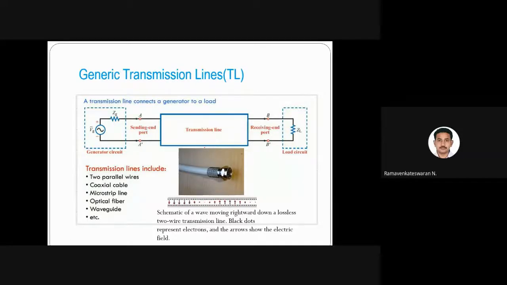So what we'll do is take this transmission line and start applying the equations. I suggest that if you have paper, you write it down, or if you're able to follow by listening and seeing, that is also fine. Make sure that you can follow the steps. So we'll start with the equations now.